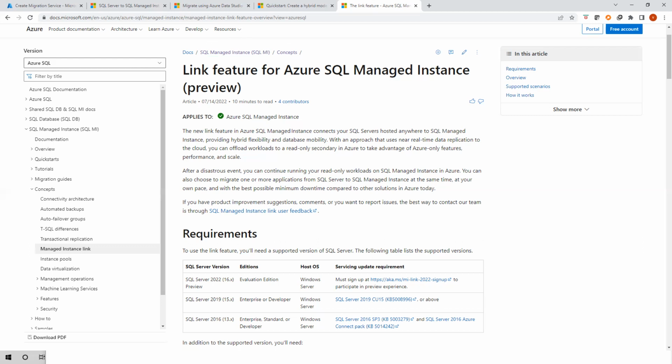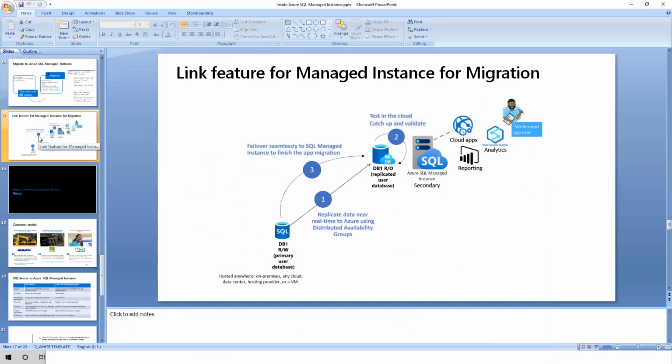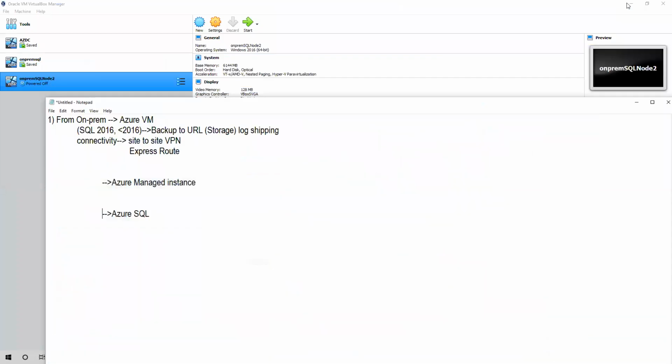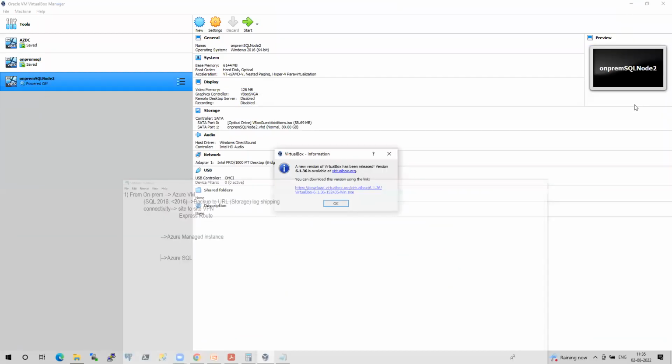That's why my plan is to show you from scratch. Firstly, I will go with the simple things like backup and restore, BACPAC, DACPAC. First we'll cover the basic things, and once we are done with the basics, then we'll go to the advanced things like DMS, Data Studio, and all those things. Sure, sure. Okay, one second.